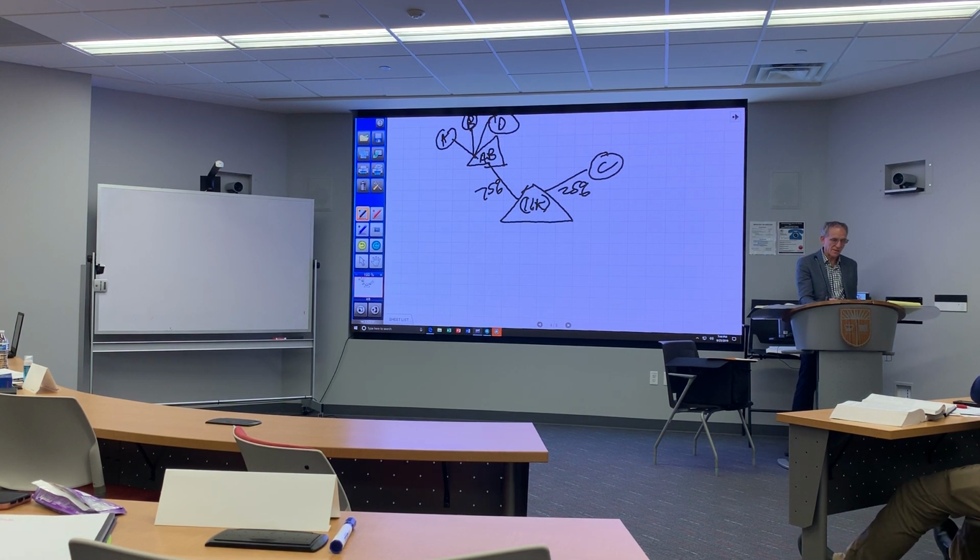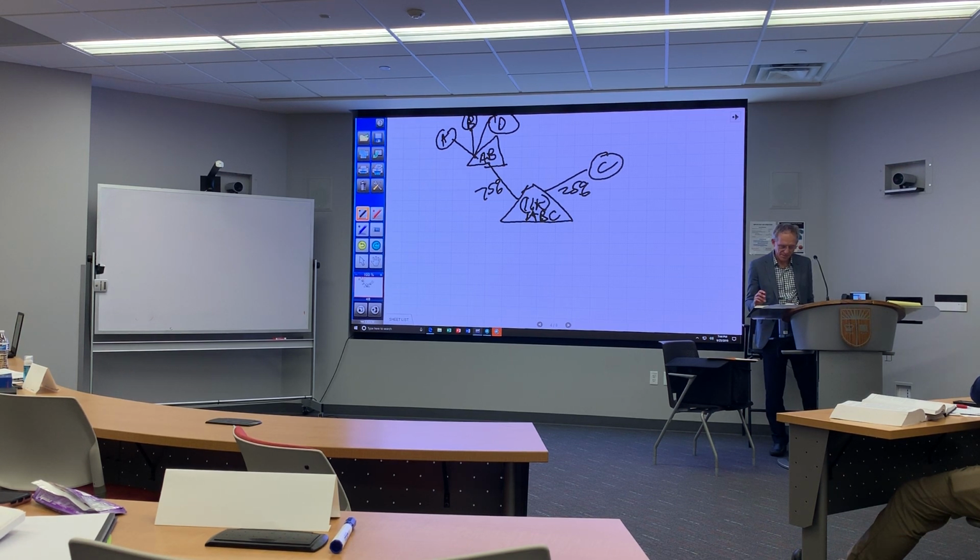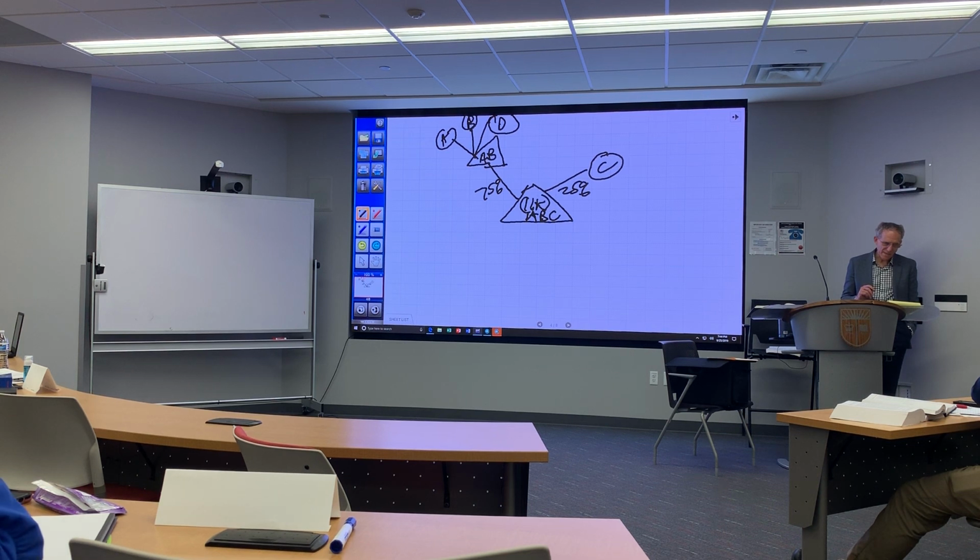This is the lower tier, right? The lower tier partnership. This is A, B, and C partnership, right? A, B, C partnership, right? Lower tier, and then we have an upper tier. And the question is,